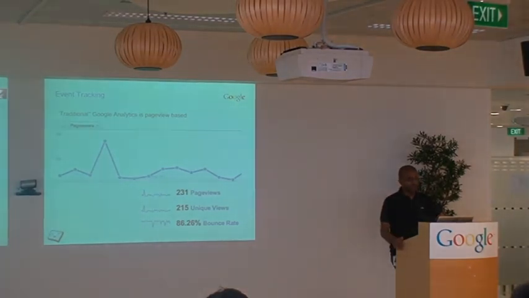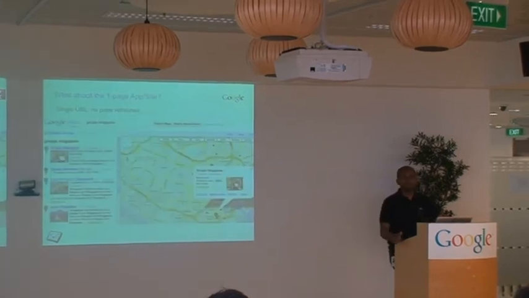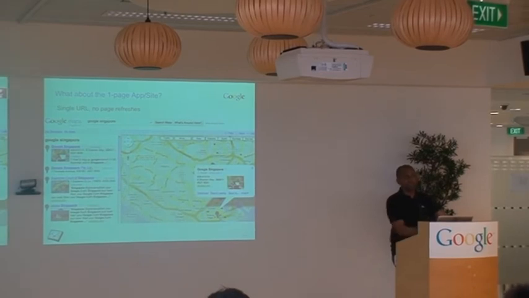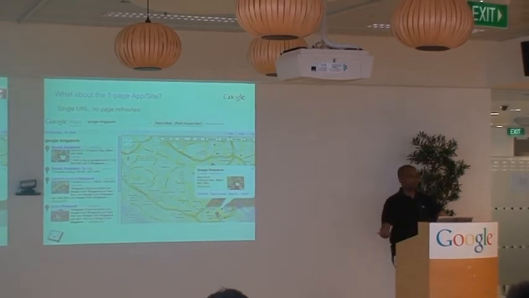As I said, traditional Google Analytics really was very much page view based. It was about going from A to B to C. Google Analytics would tell you that a user went from A to B to C, but what happened when we were working with a site that really was just a one-page app or one-page site? You went to one single URL, that URL never changed, and there was never a refresh. So I'm using Google Maps here as an example of a typical Ajax website. This is what you'd see.